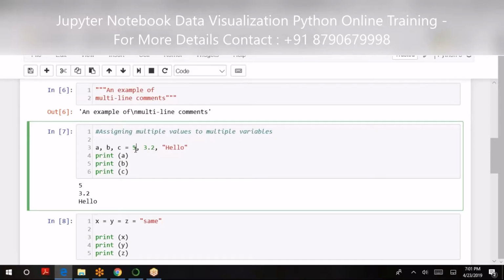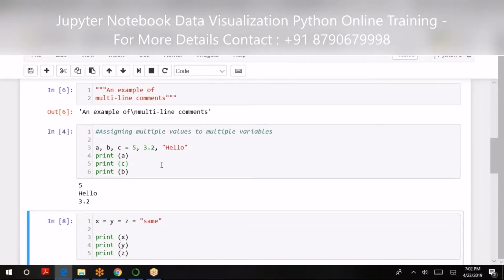So 5, 3.2 and hello, and subsequently it will be assigned to A, B, and C. I can change their sequence of display, and it will change accordingly.